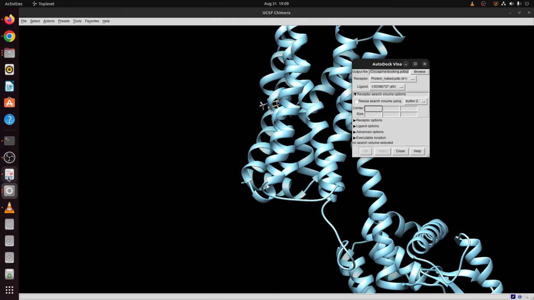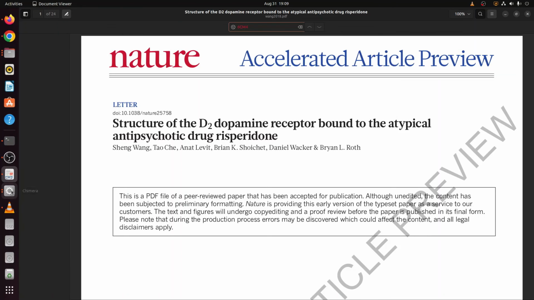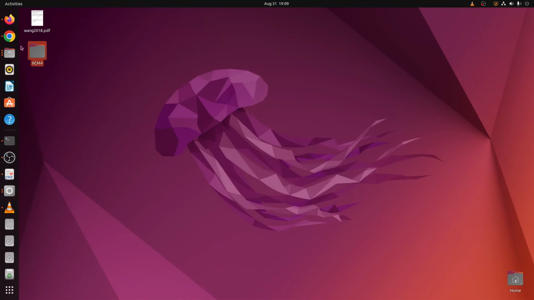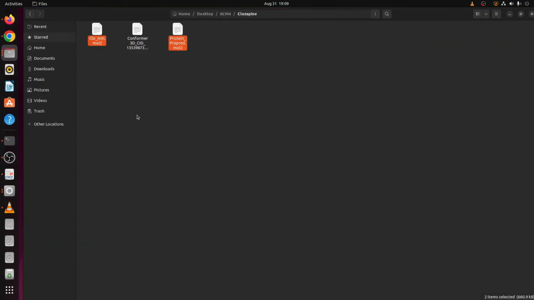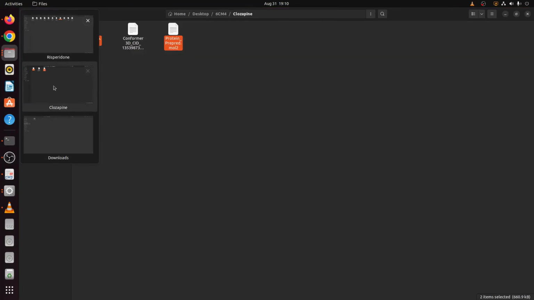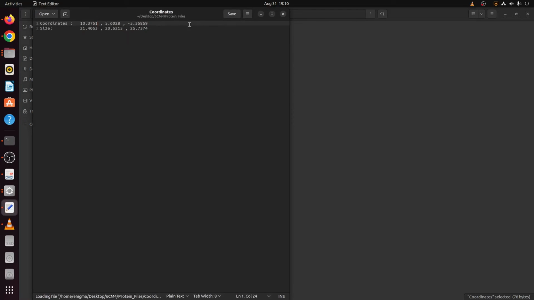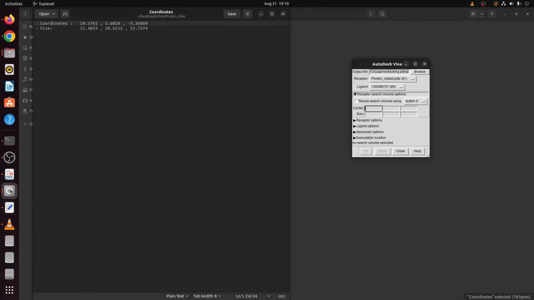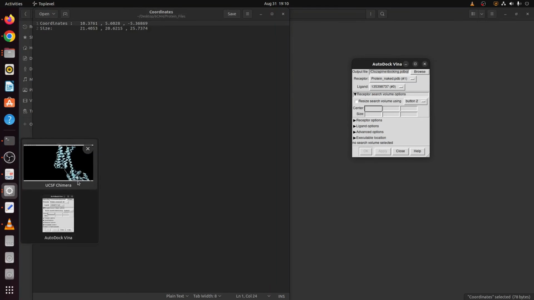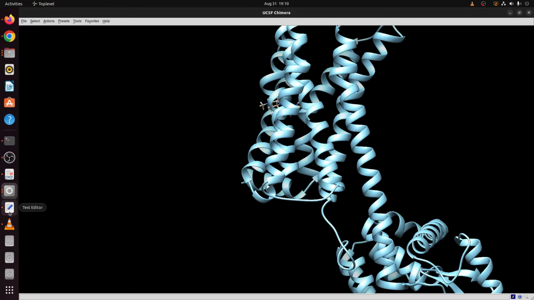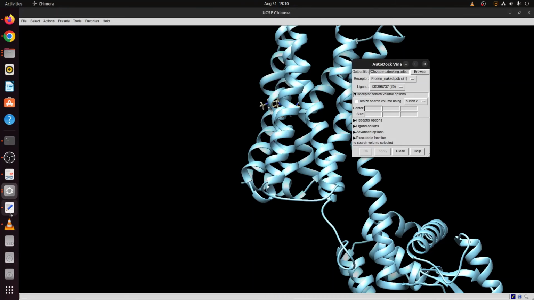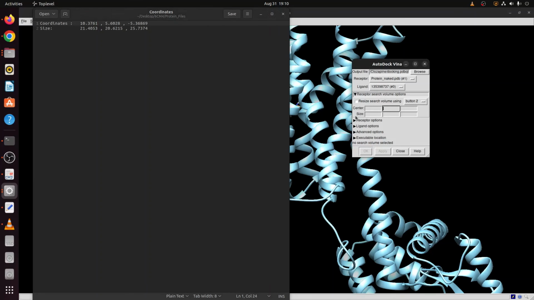You type those numbers over here. I think, where are those numbers? Okay, so just go to protein files, coordinates, and you just open Chimera as well. Okay, so you just type these numbers, say